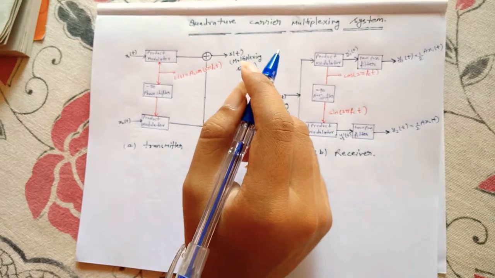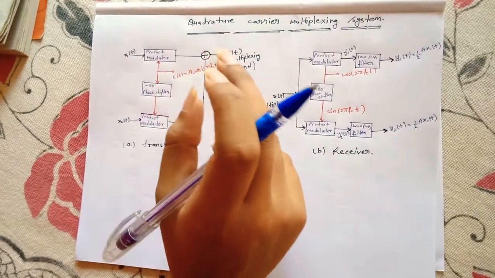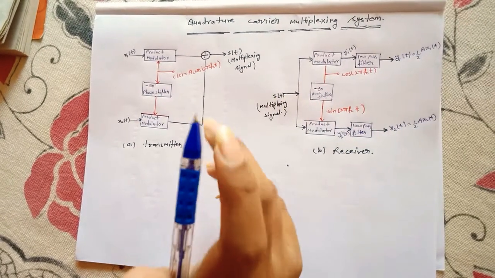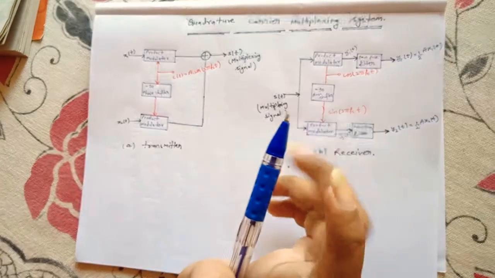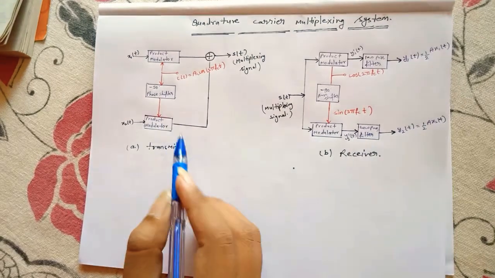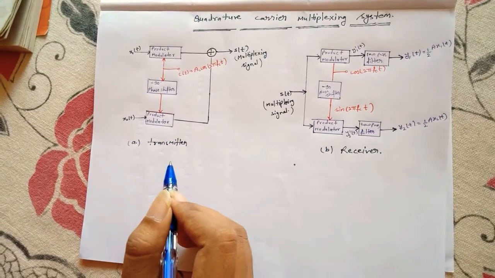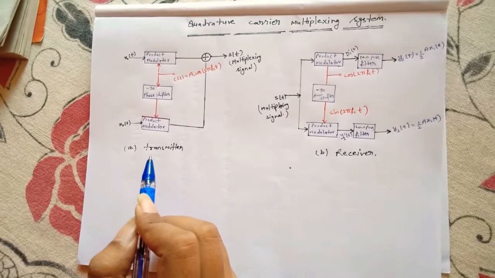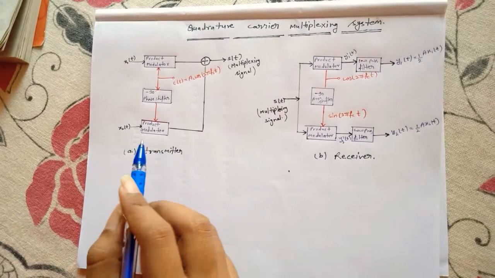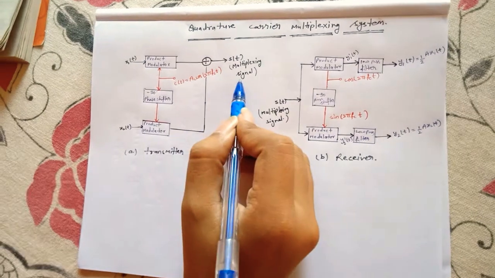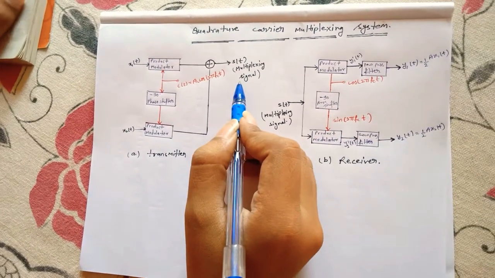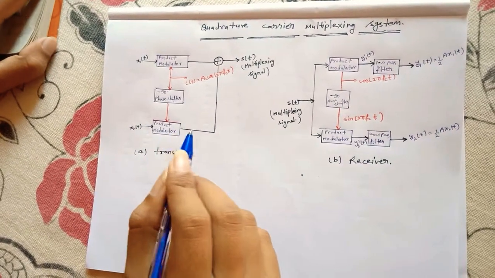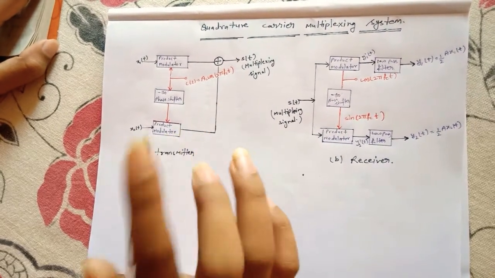Crosstalk is a disturbance that arises from an error between transmitter and receiver. We will understand it in my question too. In this question we are trying to understand quadrature carrier multiplexing. So here we go. I will first explain the transmitter and see what my resultant signal will be, and then I will explain the receiver. First, let's talk about the question.